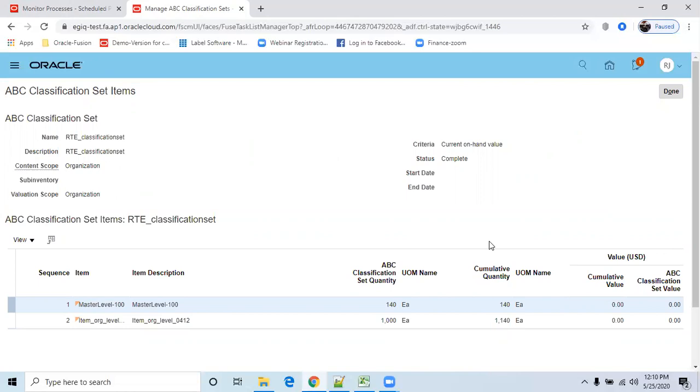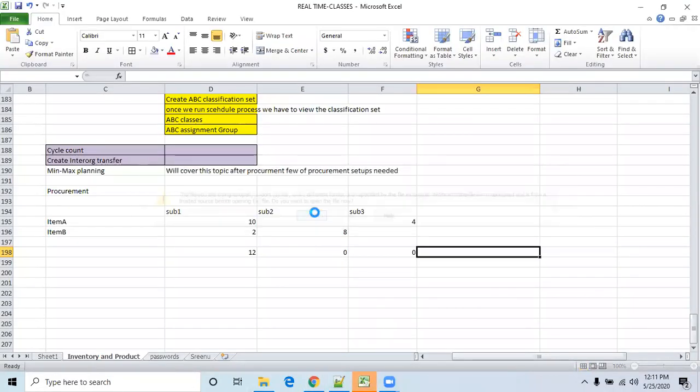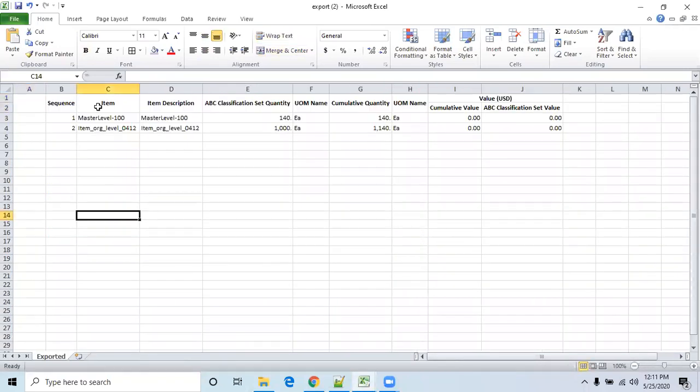Okay, now we have an option to export. Usually in a practical environment you can find n number of items, but in our inventory we have only two items. Just open that Excel. So the criteria we selected was inventory value.